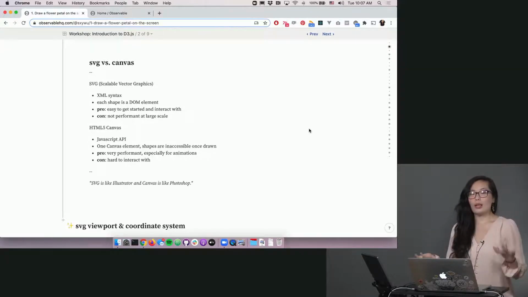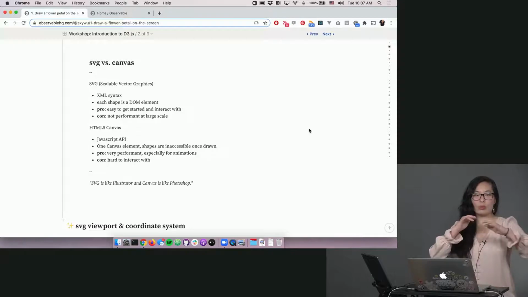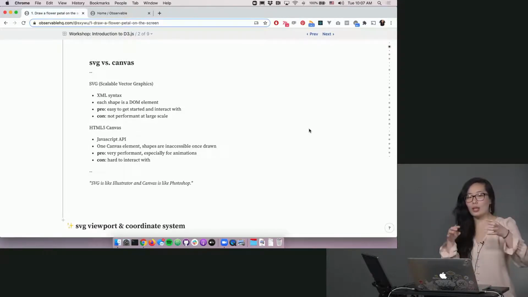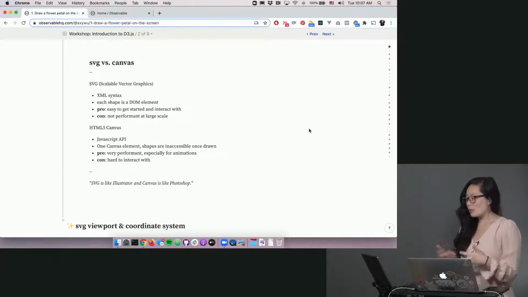And the reason why it's not performant at those large scales is because, as you can probably imagine, the DOM has to keep track of thousands of these elements and be able to update them at the individual level, and potentially animate them by updating the attributes or styles on them really quickly. You can probably imagine how computational